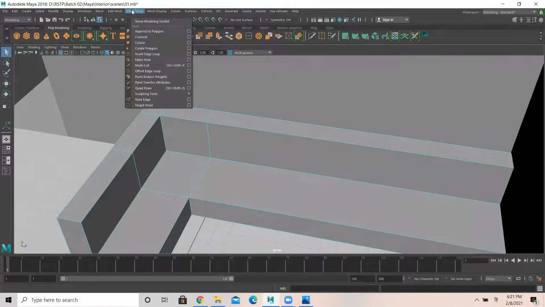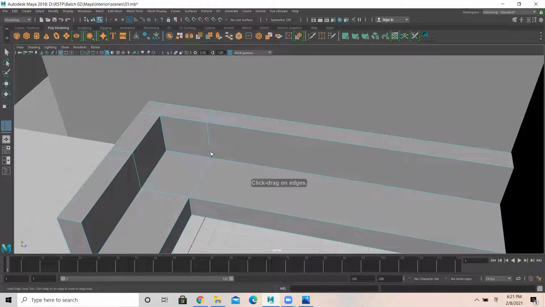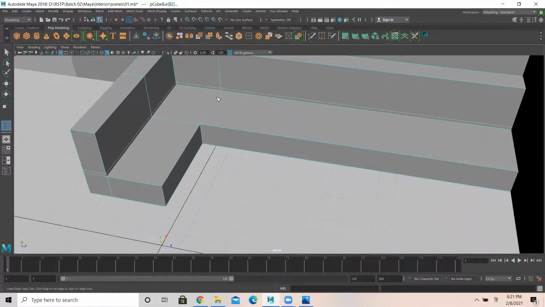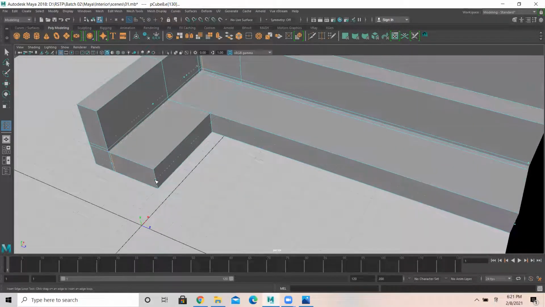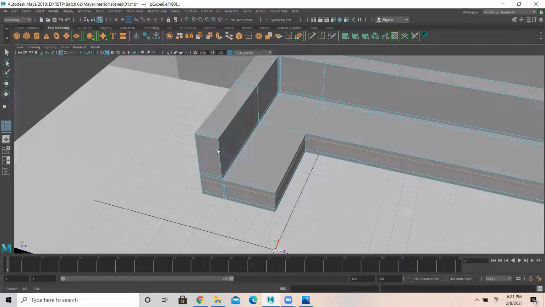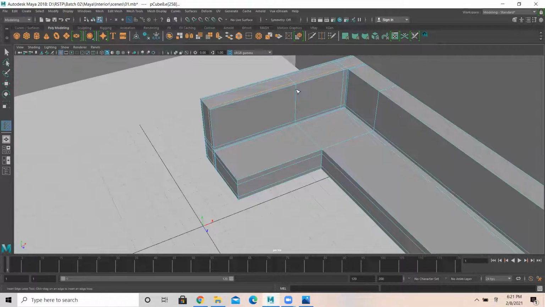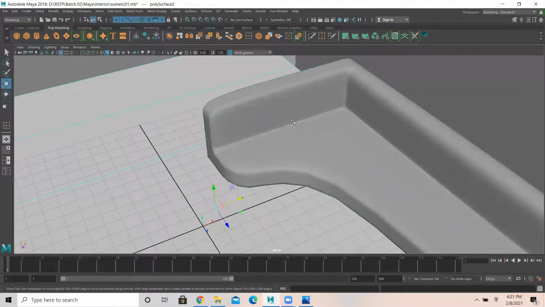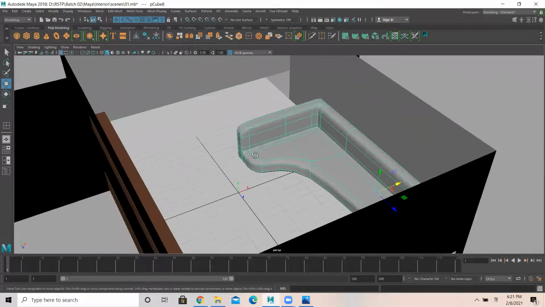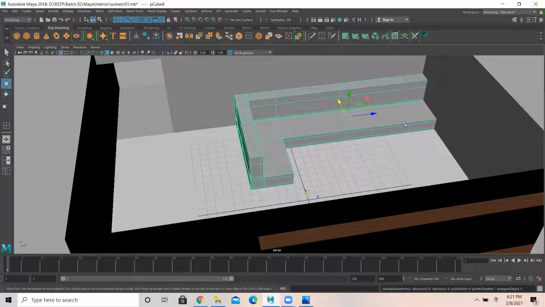Okay, then later what I'll do, I'll go to mesh tool, here insert edge loop. I'll add one loop here in the bottom. Here I'll add one like this. At the edges, I'm adding just one. So press 3, you get like this. If you press 3, you get a smoother output like this. Okay, let it be 1.